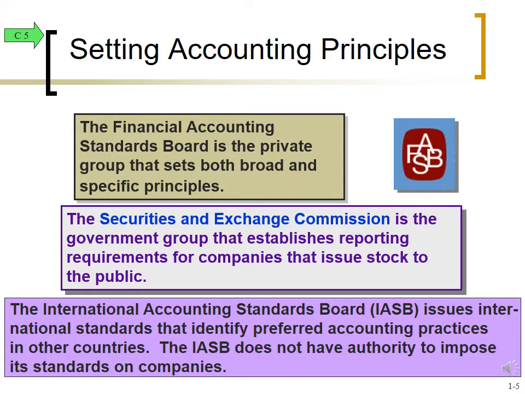If for whatever reason there's a lapse in following the requirements set by FASB, the SEC, the Securities and Exchange Commission, can step in and regulate accounting. Now, very rarely does that happen. The most recent time they stepped in and had something to say was during, many of you may have heard of this, the Enron crisis, where Enron was providing false information, false reports to the general public. The SEC didn't particularly care for that. They stepped in, they had a few things to say, but ordinarily the SEC will allow the accounting industry to regulate itself. And the way it does it is by following the standards as set forth by FASB.